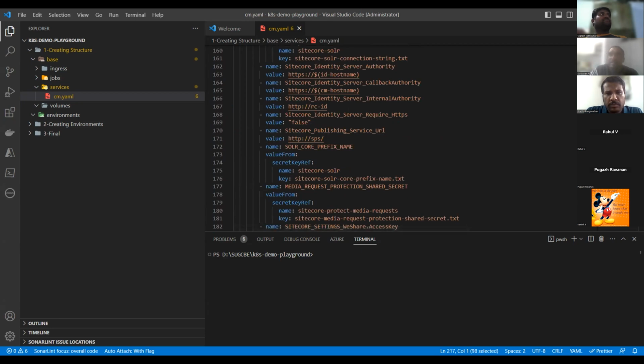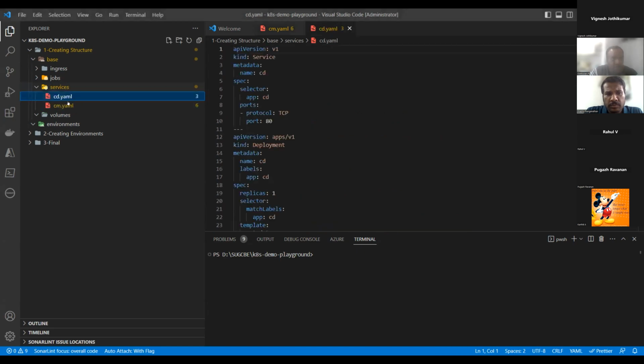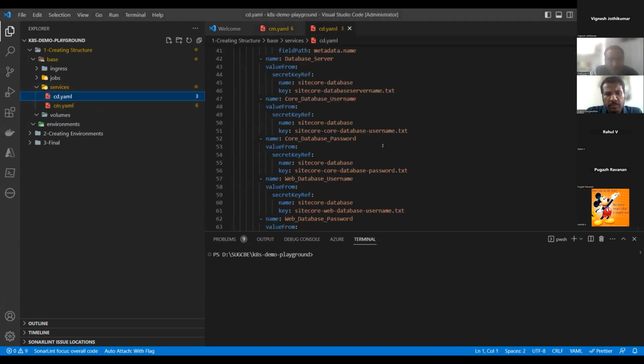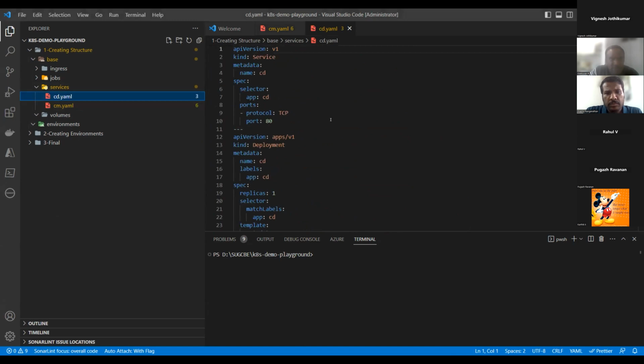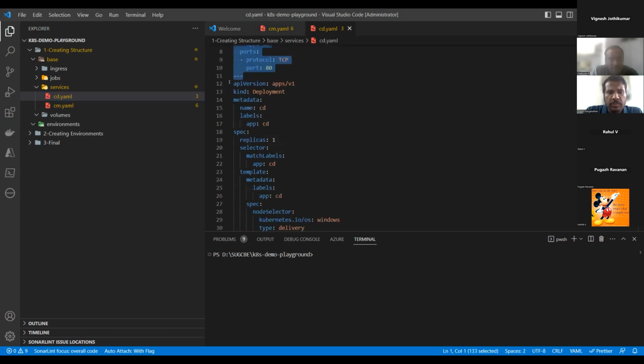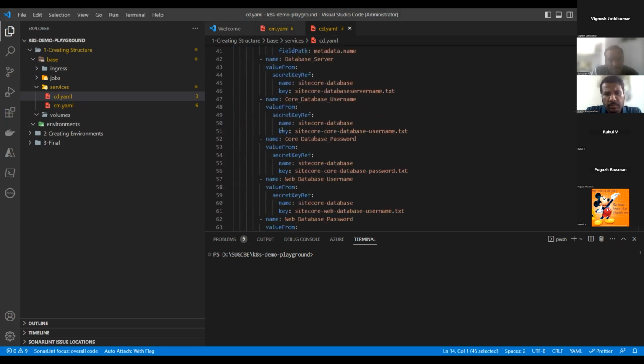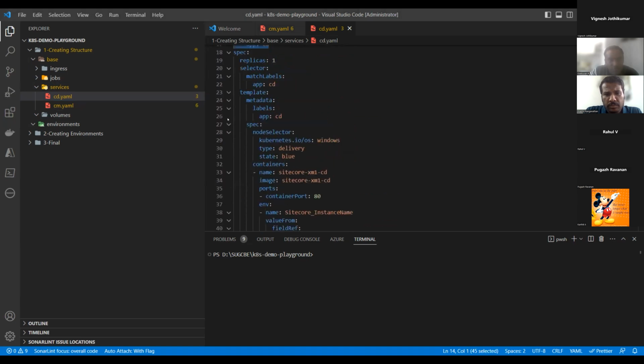Similarly, let us take a look at the CD instance. I'm just going to copy paste. And this is the example of CD. It will be more or less similar to CM in that we have a service, and then we are also defining a deployment part. You can notice that the name and the metadata are changed accordingly. And again, it's going to have